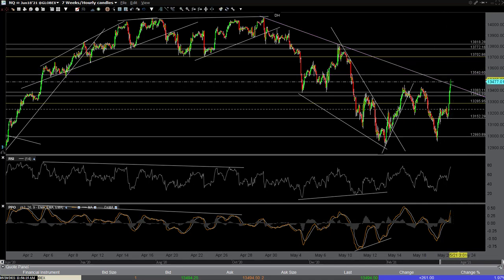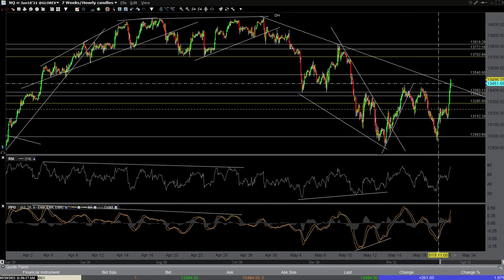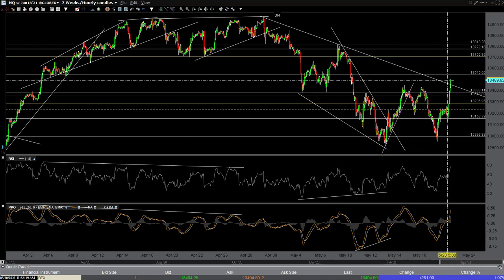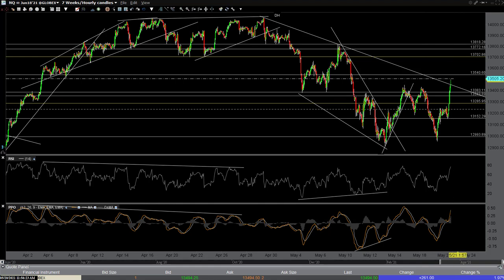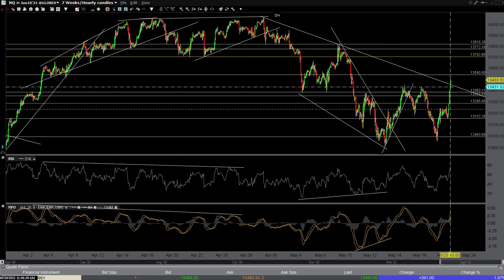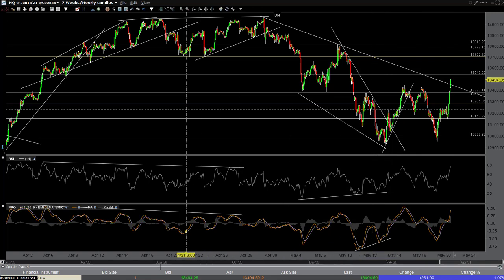Let me say this too. Based on the fact that we've taken out these 2 previous reaction highs and that level, at this point you might want to not add to any shorts if you already have a pretty good position size. You want to see some type of reversal, but let's see how this happens. Maybe I'll loop back to it at the end of the video and see how this 60-minute candle closes.